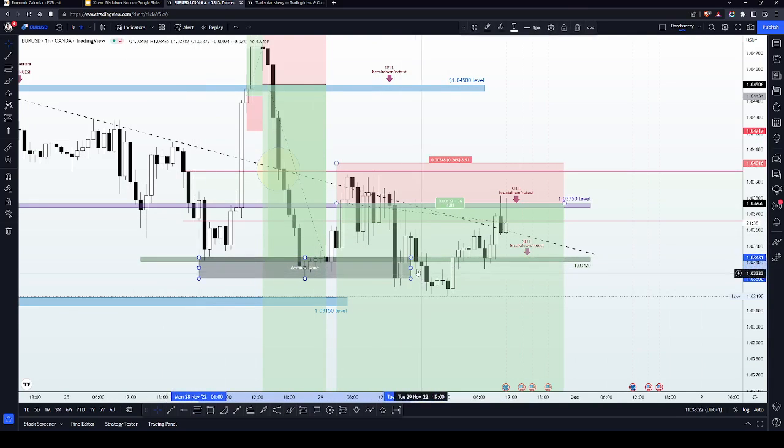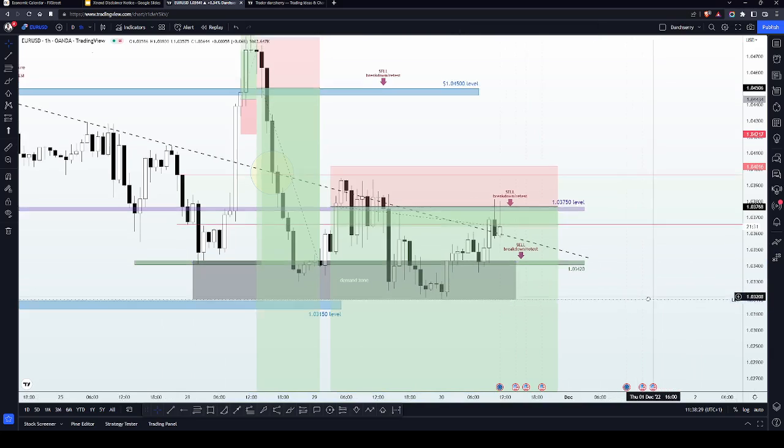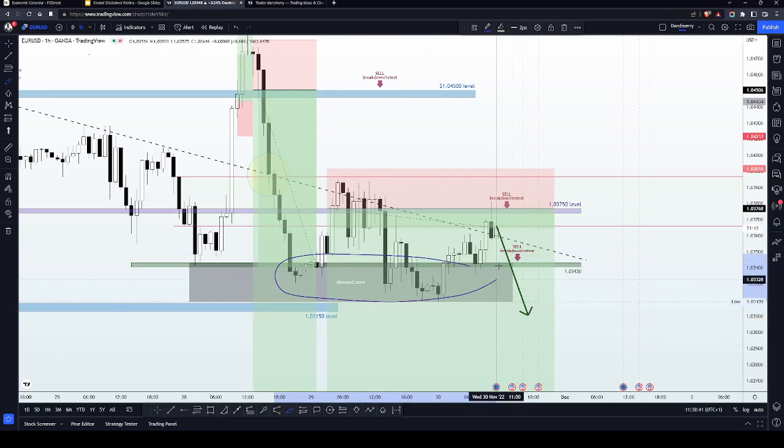So we've been witnessing a demand zone right above the 1.03420. So I'll extend this a little further. So we have a demand zone around here. So for further selling confirmation here, we are going to be waiting for price to break down the 1.03420 level, taking out all the buy positions that we have been witnessing here since the beginning of this week,